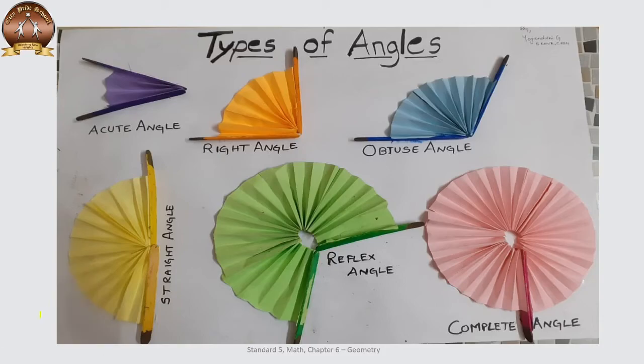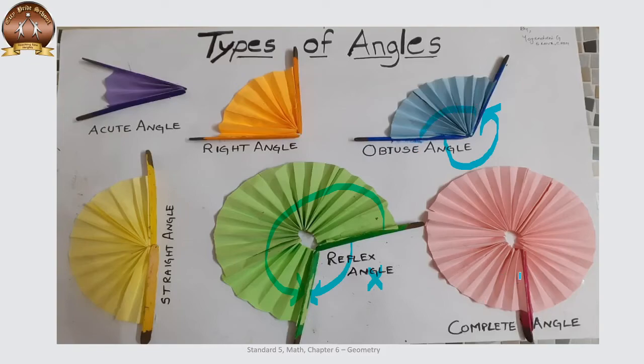I would like to highlight over here, which is very important for you all to understand, that if the reflex angle is studied from this side, then it is not a reflex angle, it is an obtuse angle, as you can see. But because we are studying it from this side, it is a reflex angle. Now this is an obtuse angle, but if you study it from this side, it will be a reflex angle. So it depends on the side from which you are reading an angle. That's why it's very important to mark the angle.